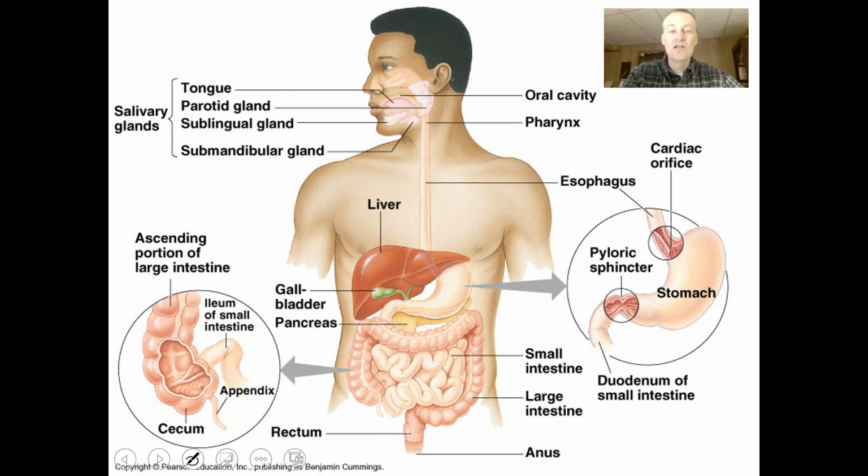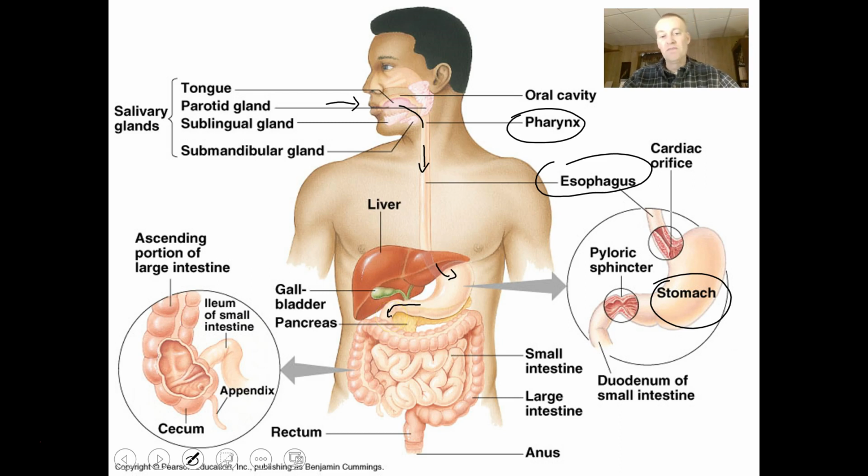So starting at the very front, or at the very beginning, we have the mouth and the oral cavity. Sliding back down, we're going to have the pharynx, which is the back of the throat. Food is then going to move into the esophagus, and then it's going to drop into the stomach. Once it's in the stomach, it's going to move into the small intestine. The first portion of the small intestine is called the duodenum, and then it's going to move into the jejunum and then the ileum. Eventually, it's going to come out into the